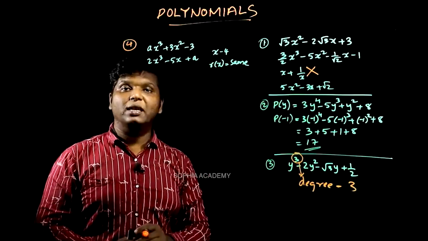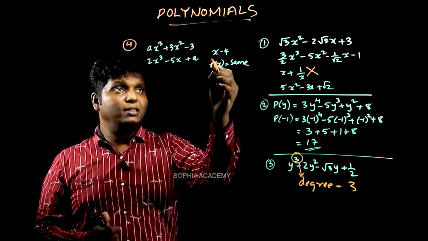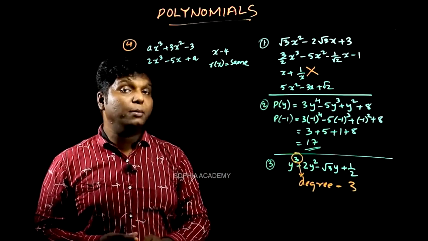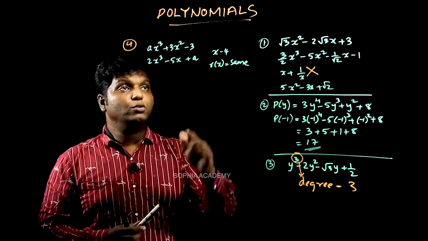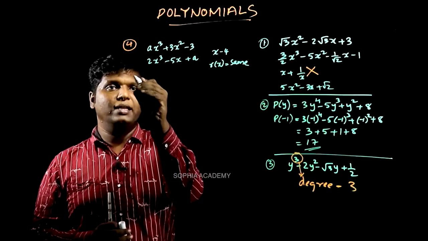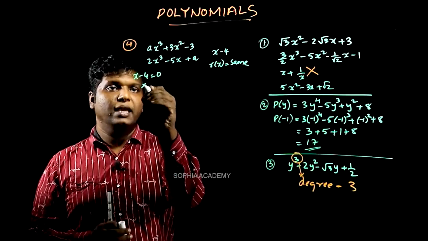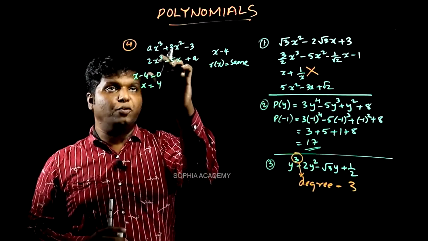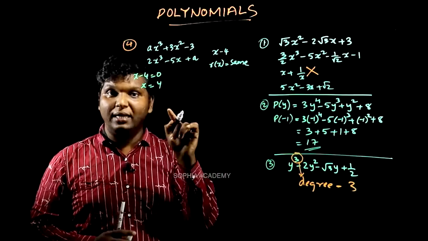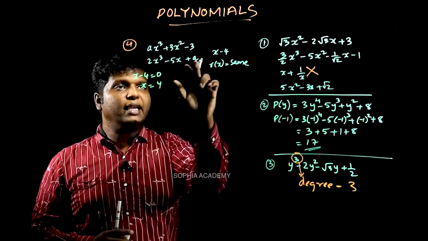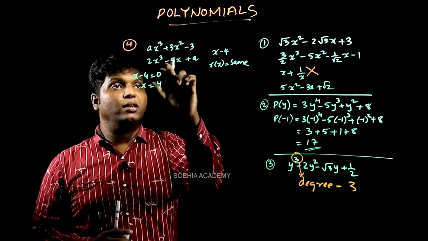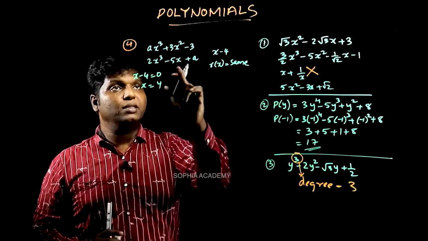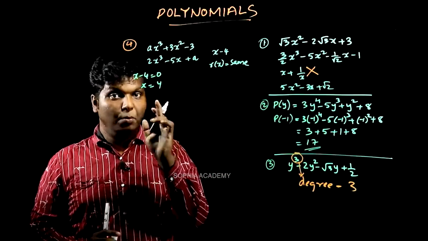And in our 9th class, we have studied the remainder theorem, right? By the remainder theorem, if you want to find the remainder when dividing by x minus 4, what do you have to do first? You have to equate x minus 4 to 0. x minus 4 is equal to 0, that means x is equal to 4. So if you substitute the value 4 in the first equation, you will get the remainder. And in the second equation also, if you substitute x is equal to 4, there also you will get the remainder. As per our question, both of the remainders are the same.